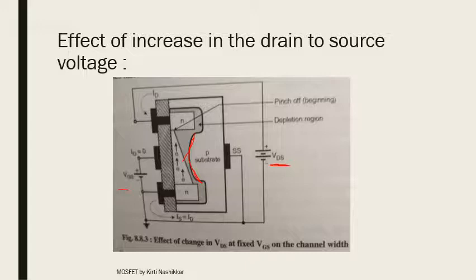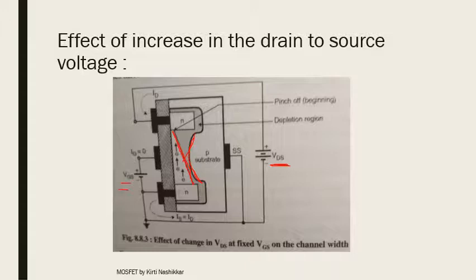Okay, so because of this the gate terminal becomes less and less positive with respect to the drain, and because of this less number of electrons are attracted towards the gate terminal and the induced channel becomes narrower, which is shown here. यहाँ पे आपका induced channel narrower हो रहा है क्योंकि आपका VGS तो कांस्टेंट है पर VDS आप बढ़ा रहे हो, तो VGS कांस्टेंट होने की वजह से यहाँ पे आपका चैनल क्या हो रहा है, नैरो हो रहा है. Okay.